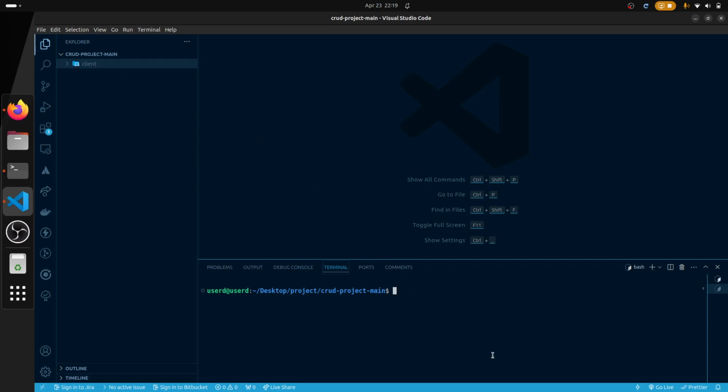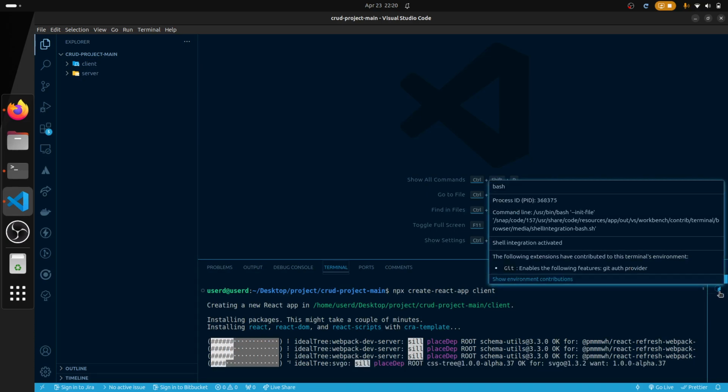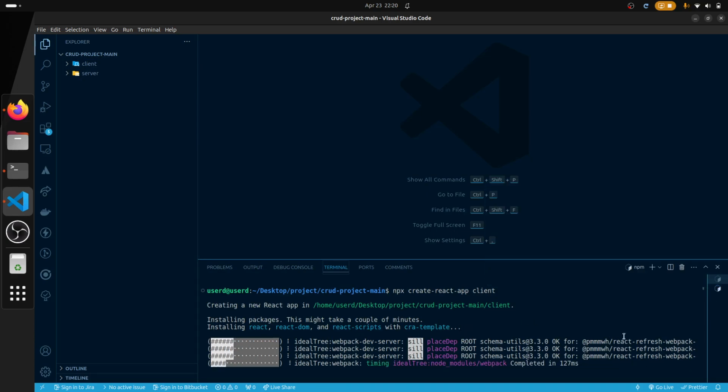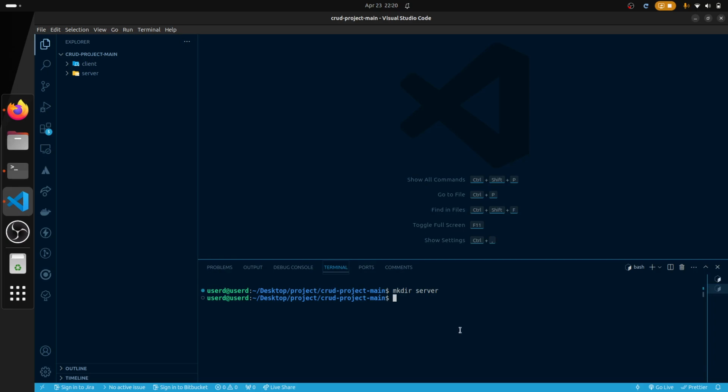Now to create the backend, we will create a directory: mkdir server. We will give it the name server, so that will generate the folder server. You can do it likewise, or you can click on this new folder icon and create server. That is also fine. Now since our client is still running, let's go to server,